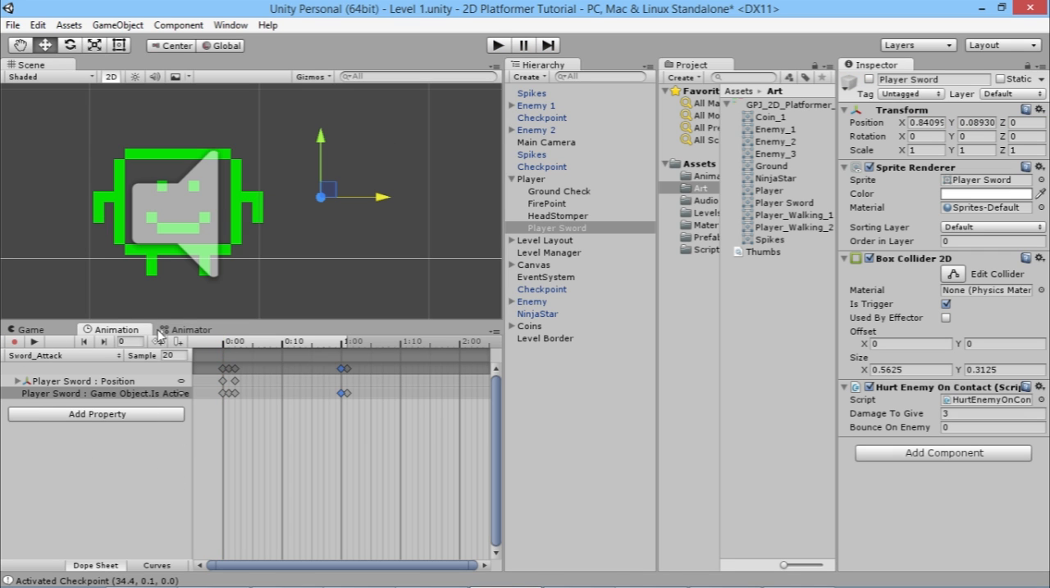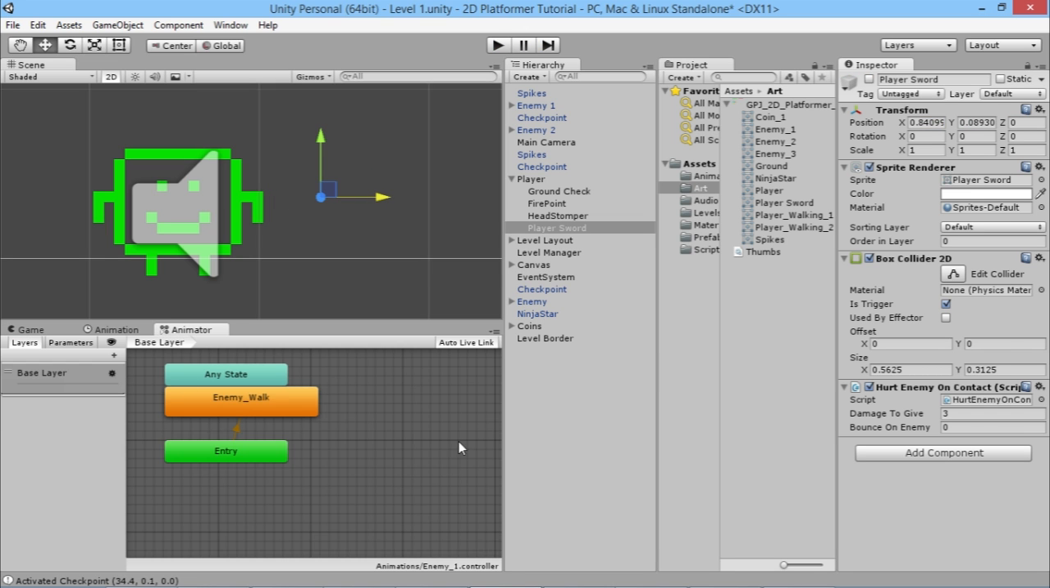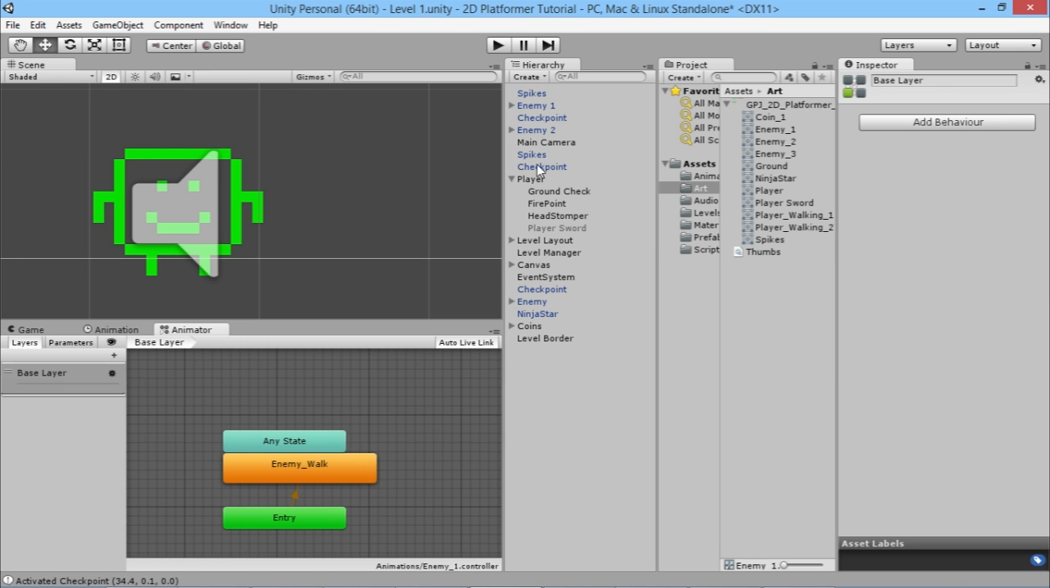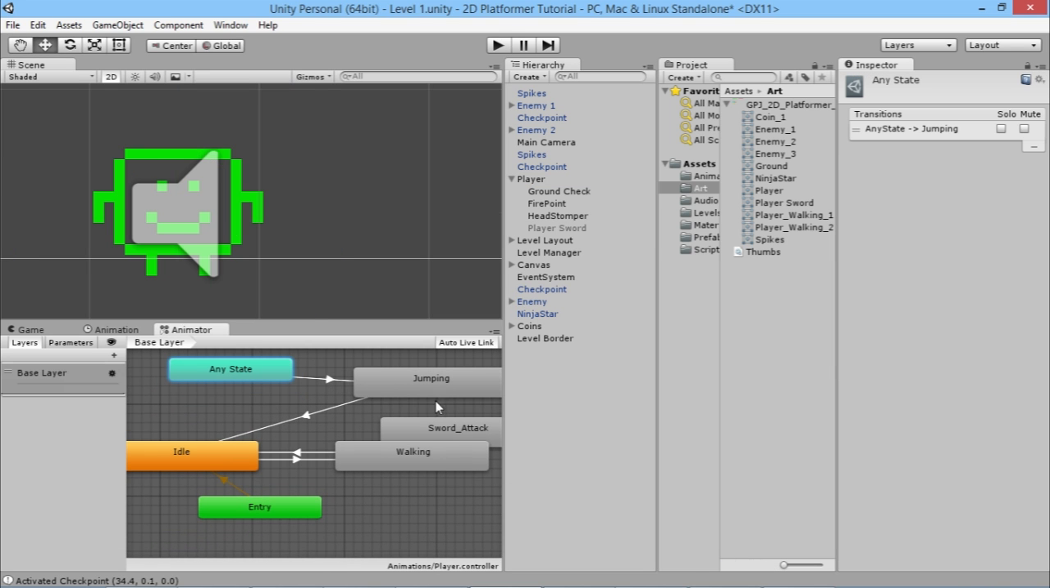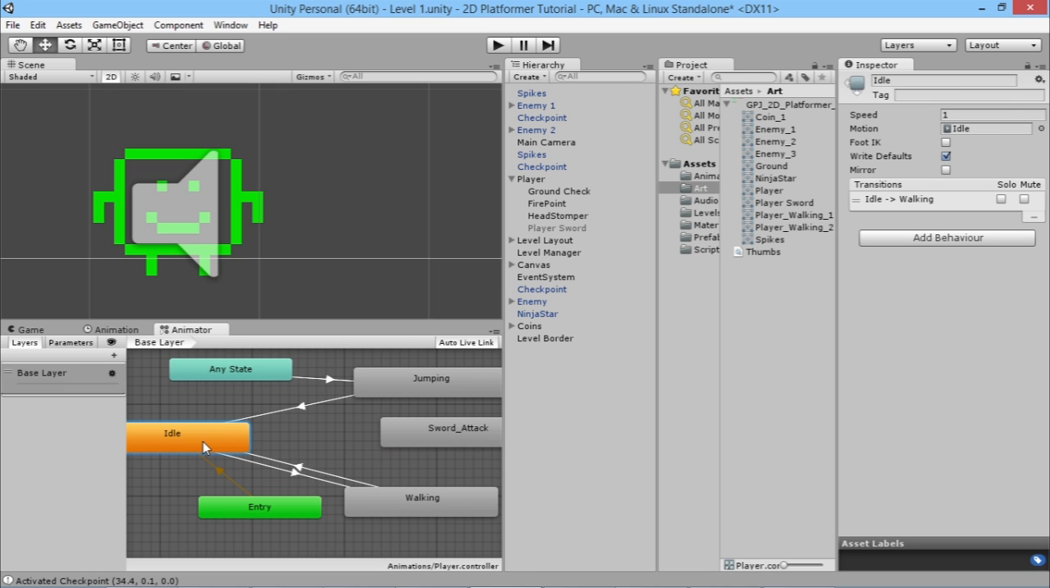So, oh no, don't want to play. Back in our animator, yes, sorry, that's where we're going here now. Sure, we had the player selected again. So now we've got our idle, our walking, our jumping, but we're going to rejig these a little bit